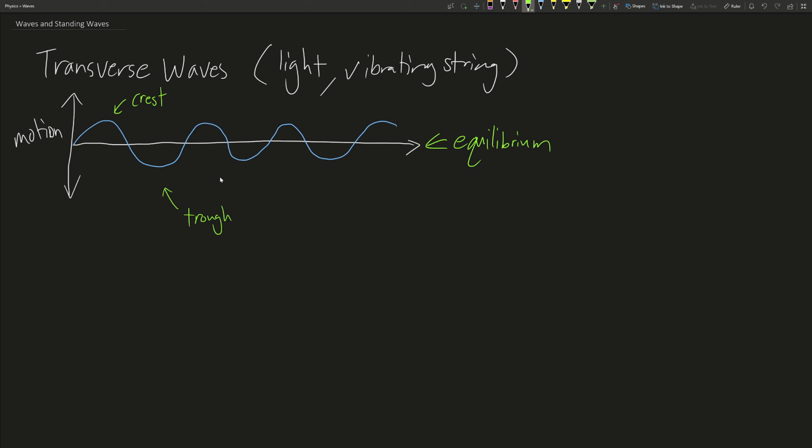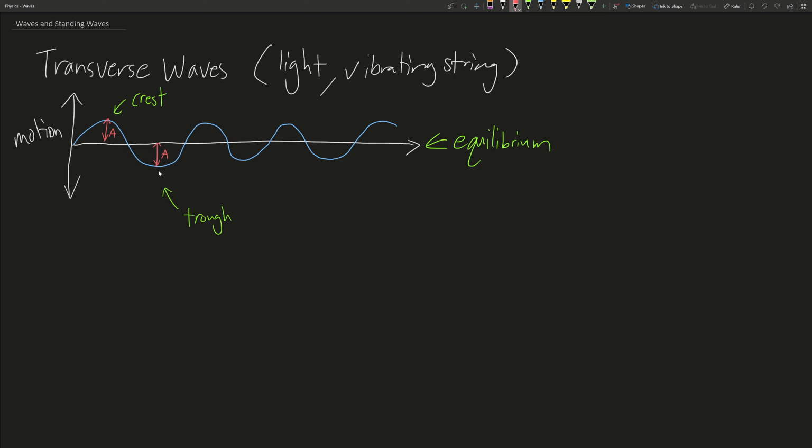Now, I mentioned the amplitude of a wave. You should know that the amplitude of a wave is a measure of how far it oscillates from equilibrium. And the amplitude of a wave is the absolute value of the distance it goes in one direction. So it's not the total height of the wave. It's not the maximum minus the minimum. It's the absolute value of the maximum's or the minimum's deviation from equilibrium. So this is the amplitude of the wave,